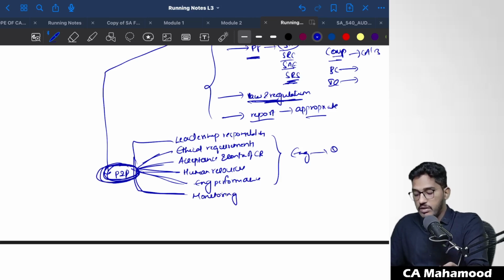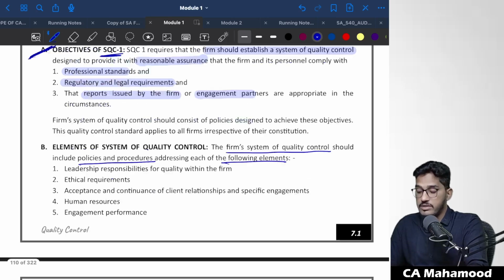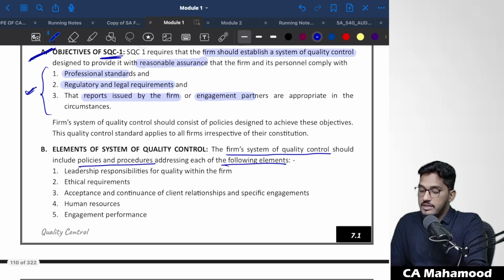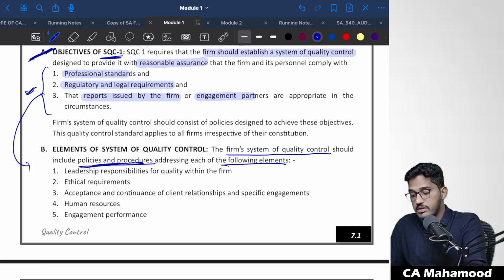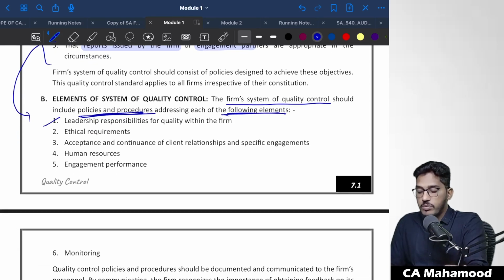So if I have policies and procedures in these 6 different areas, what are they? Leadership responsibility. Even if you have a look at the material, this standard says elements of system of quality control. The firm's system of quality control should include policies and procedures addressing each of the following elements. That means if you want to build a quality control system which has to fulfill these objectives, then that system should have policies and procedures related to 6 different areas. What are they? Number 1, the firm should have proper policies and procedures regarding the leadership responsibility for quality